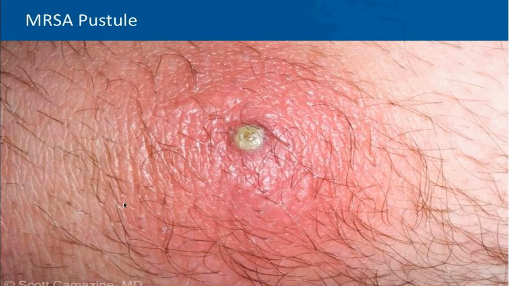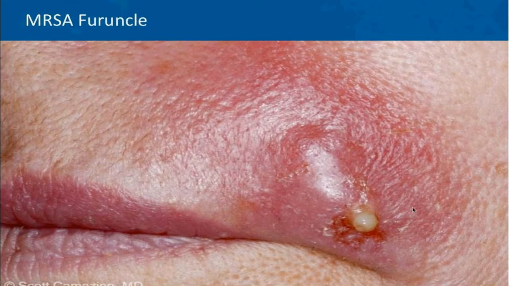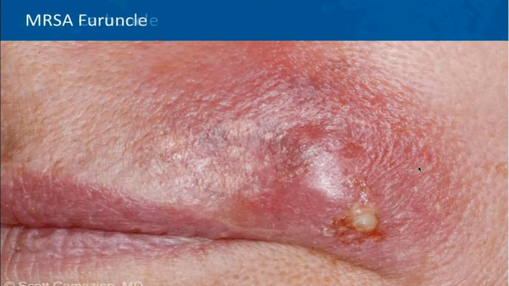This is an MRSA pustule, and most cases of MRSA will actually have some purulence or pus associated with it. So here you can see a central pustule, but a fair amount of erythema and induration around it. Here's a case of multiple MRSA pustules. And these will tend to be recurrent on the buttocks in patients who are carriers of MRSA. As pustules or furuncles progress, you can see that they can have even more underlying pus formation, and so this is a true furuncle and really wide erythema around it.